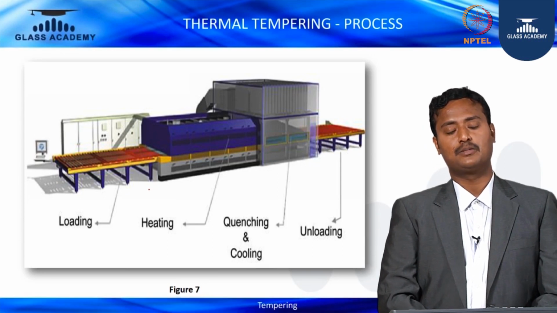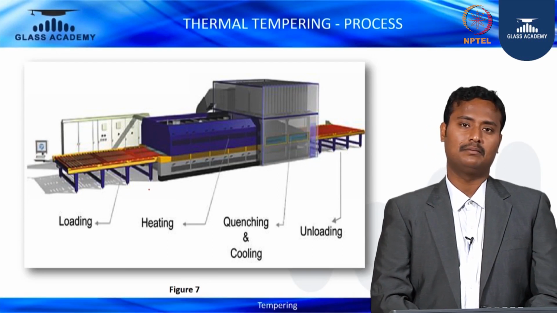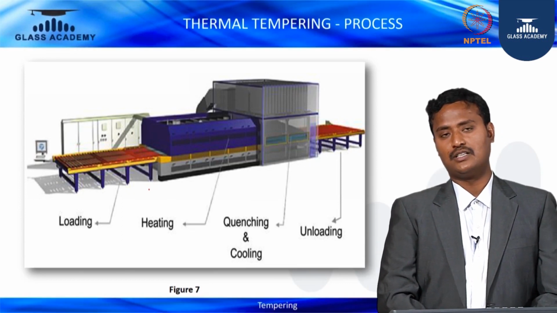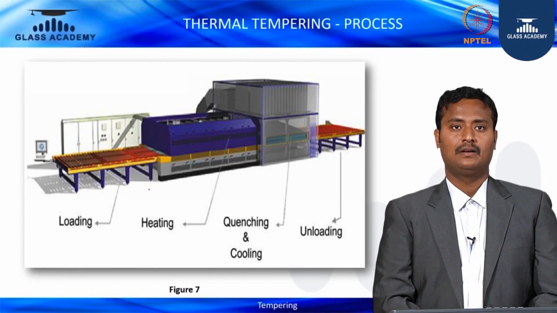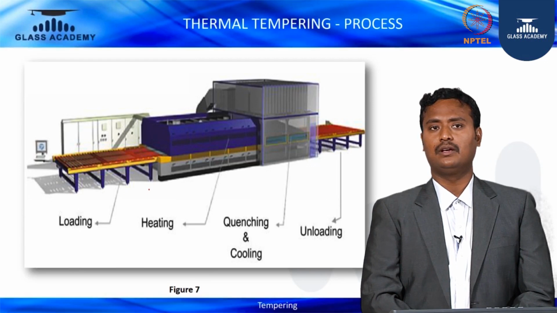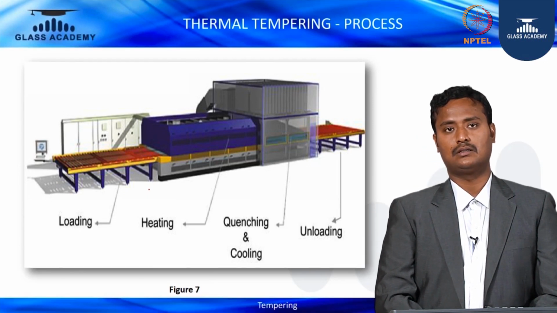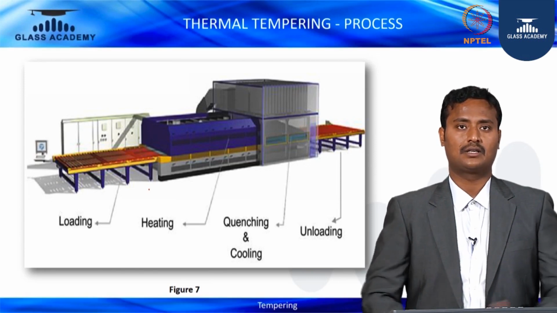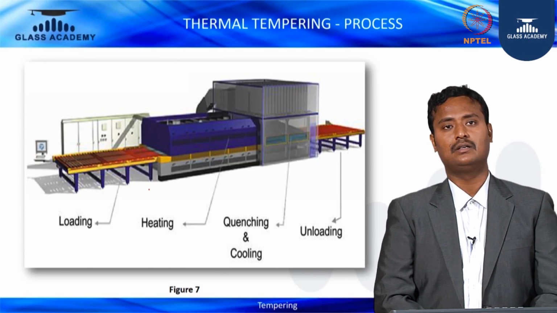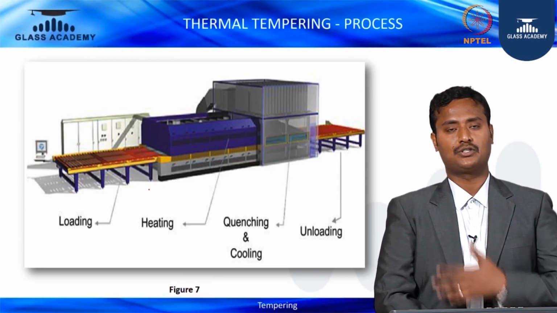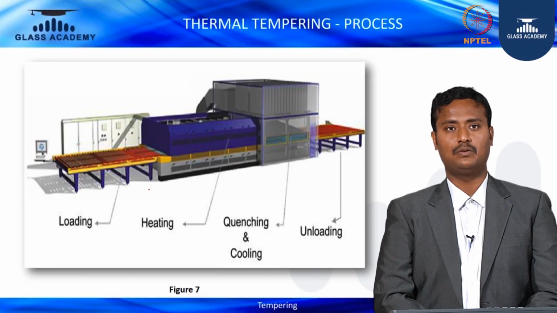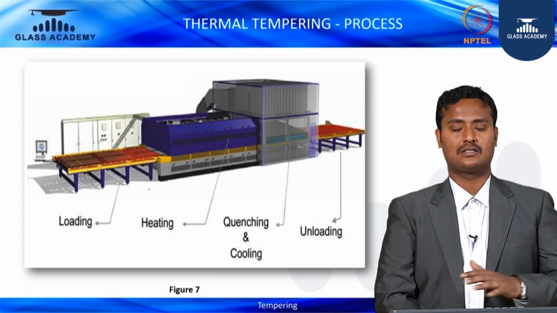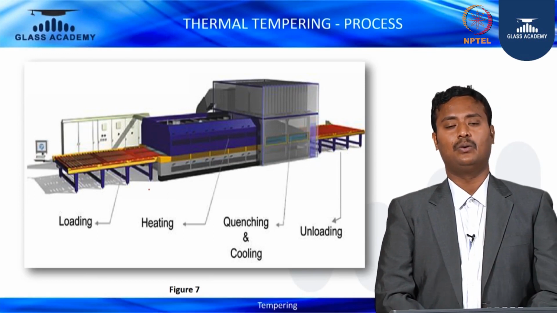This is the schematic diagram of a tempering plant. It is widely used. This is called the horizontal tempering machine, where you can see the first portion is loading, where you have to load the glass with respect to the sizes of your orders, or with respect to how much it can be handled. So before tempering, after cutting, grinding, polishing, drilling, everything's over, the first step is you have to keep it on the loading phase, where annealed glass, float glass, flat glass are kept on the loading table.